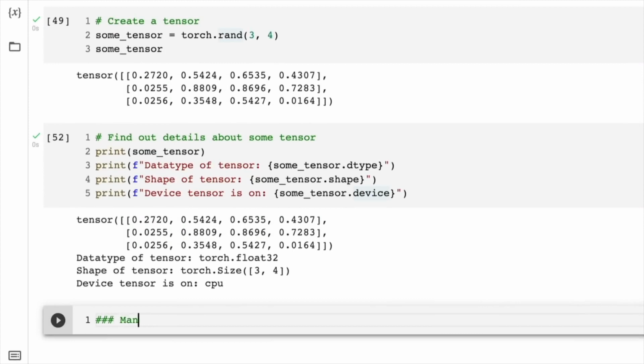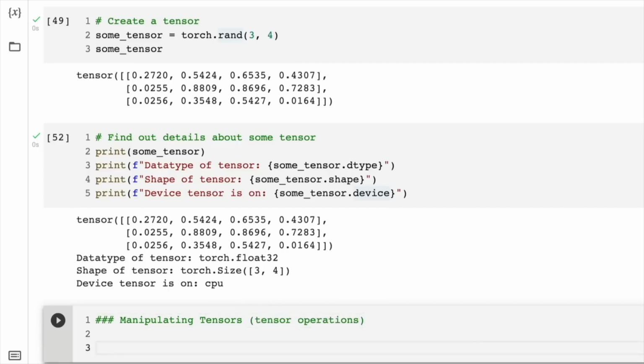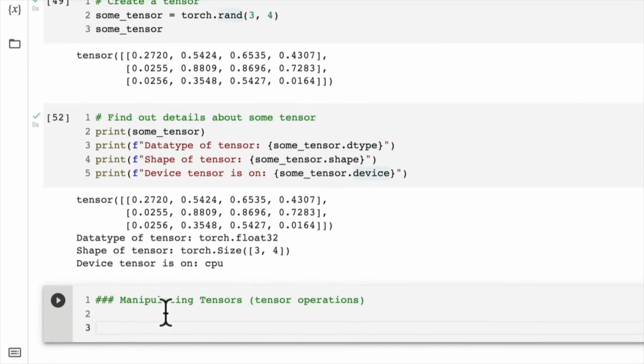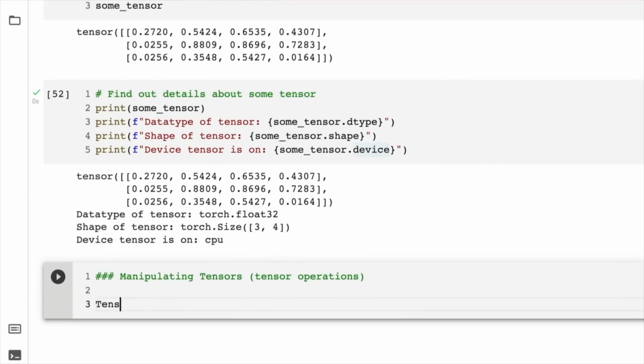manipulating tensors. Let's just write here the title, manipulating tensors, and this is going to be tensor operations. So when we're building neural networks, they are comprised of lots of mathematical functions that PyTorch code is going to run behind the scenes for us. So let's go here. Tensor operations include